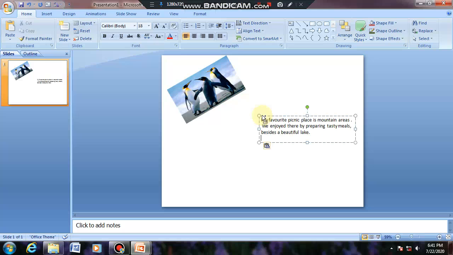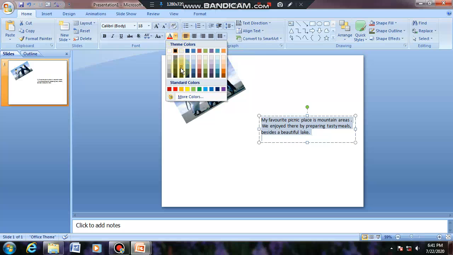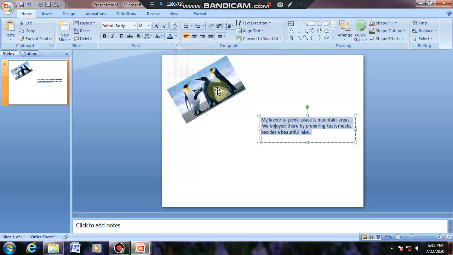I am pasting over here. Now you can insert your text inside this text box. I want to change the font color. First select the paragraph, then change the font color from this group. I want the color blue. I have selected blue as my font color.